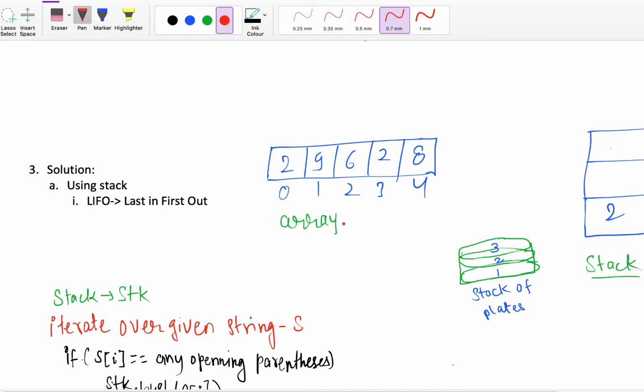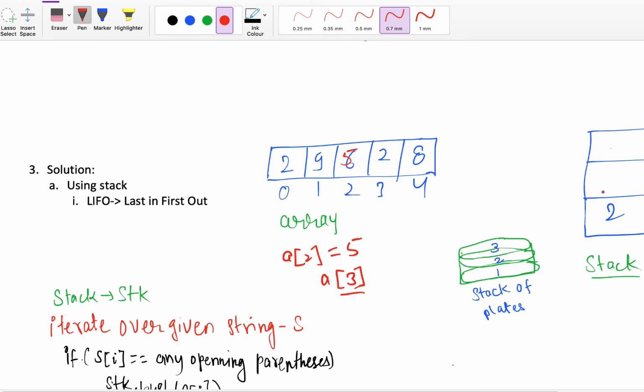In case of an array, if I want to update any value or access any value, I can access it using an index, right? Let's say I want to change this 6 to 5. What I will do is write a[2] = 5. Or let's say I want to get the value at this index, so I will get it by a[3]. This is valid for an array. But in a stack, we can't do this. In a stack, we can insert values at one end and we can pop out values from that end only. We don't have random access like arrays.